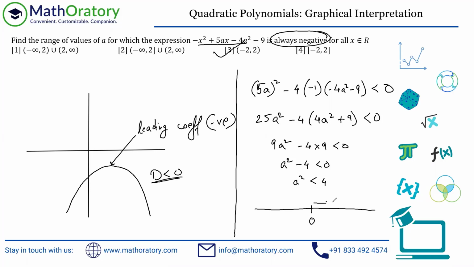So if I go right of 0, I can go somewhere less than 2, right? I can go till 2 but not reach 2. So 2 is not acceptable, but I can go just before 2. Till then the square of a will be less than 4. And on the negative side also, you can go up to just less than -2. You cannot reach -2, because at that point a square will again be 4. So the acceptable range is anything in between -2 and +2. So we're getting the same answer. Even a equal to 0 is allowed. So we can deal with magnitude also in terms of the number line in this particular case.